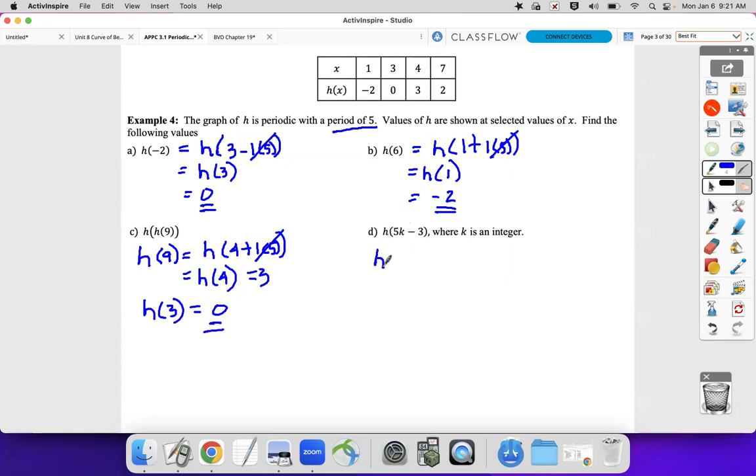When they say h of 5k minus 3, where k is an integer, we're basically saying h of -3 plus 5k. And that's exactly what we're doing, taking out all periods of integer units of 5. So that takes us to h of -3. And now we're going to have to convert h of -3 to saying h of 7